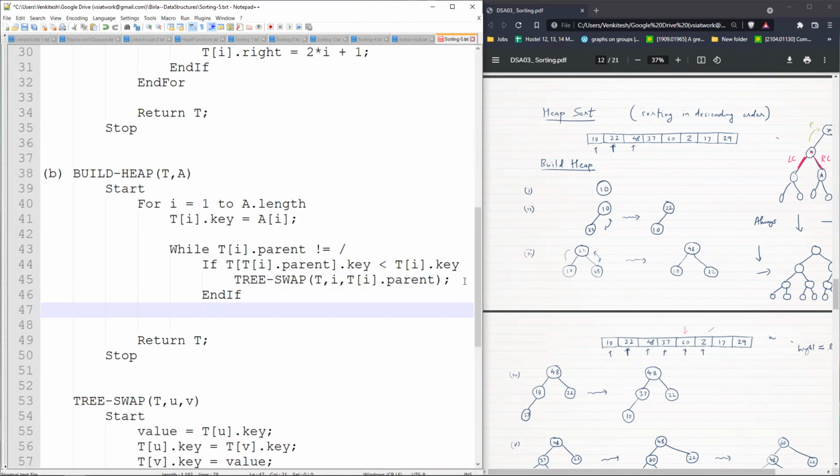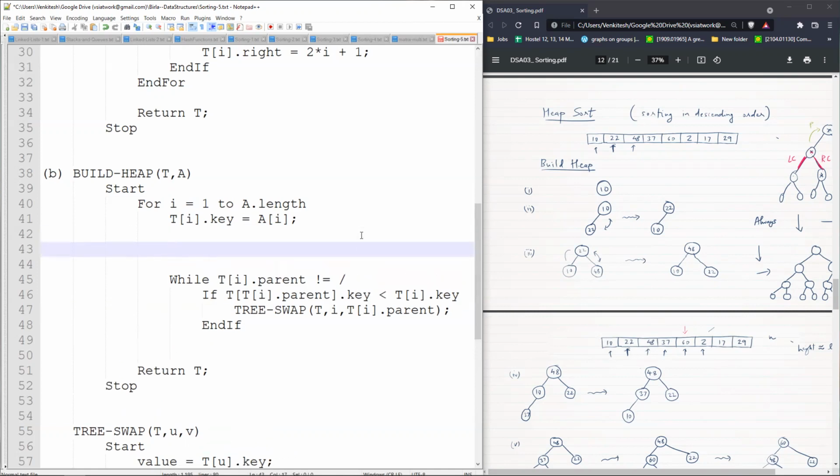Okay. So now how do we stop this? We cannot do it for T of I, right? You understand? So the thing is, we'll have to save the value I at a certain position. So let P equal to I. Okay, just a temporary variable P. And now we will do this for T of P, because I is something that is important for the outer loop for.